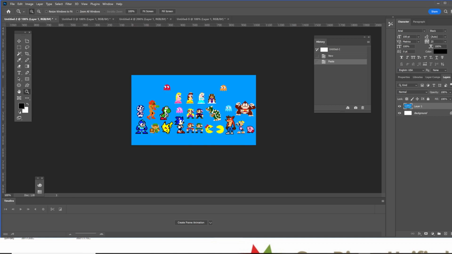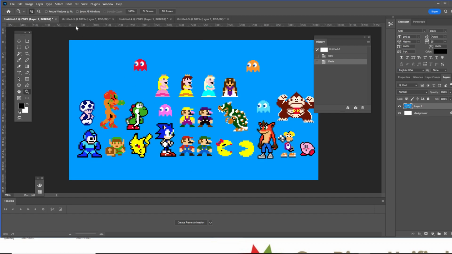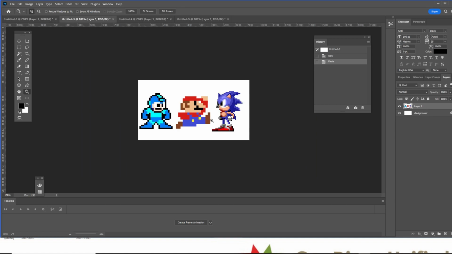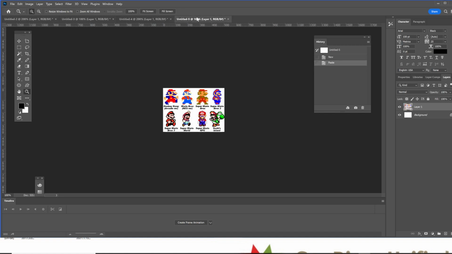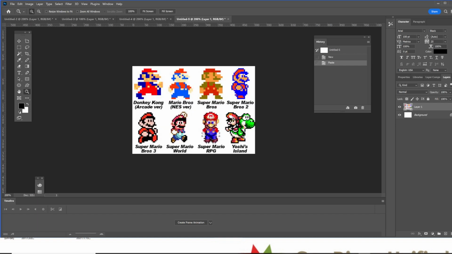And so here I have an image with a bunch of characters from some old games, and they're all pixelated. And here we go. We have Sonic and Mario and Mega Man. Here's another example. And as the computers got more advanced, there was more pixels available to use as an artist. And here's the progression of Mario, and you could see that there was less pixels, and then you're able to